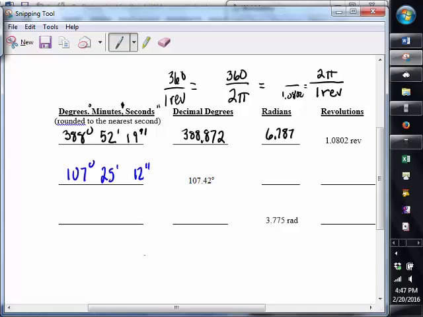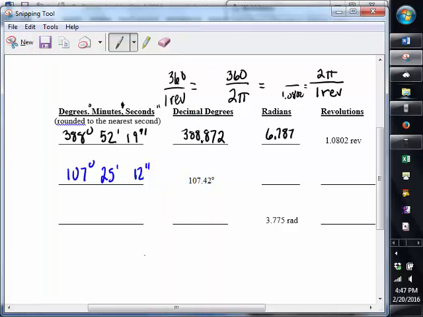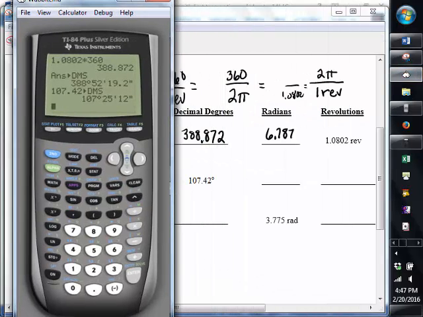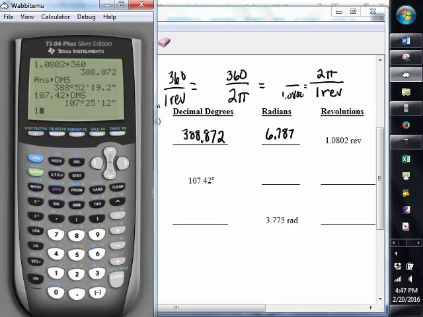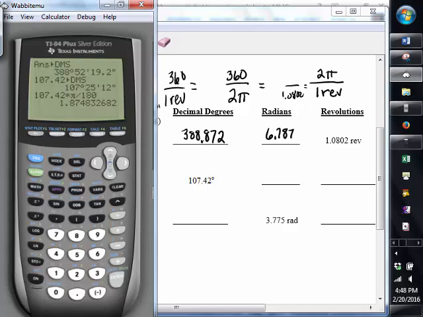Okay. Then switch that into radians. So that number of degrees, we're going to be using this conversion right here, times 2 pi, or we could do it, oh, that's not the right calculator. We could do it 107.42 times pi divided by 180 gives us 1.875